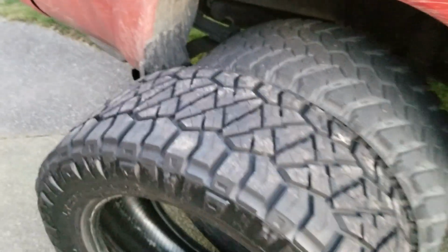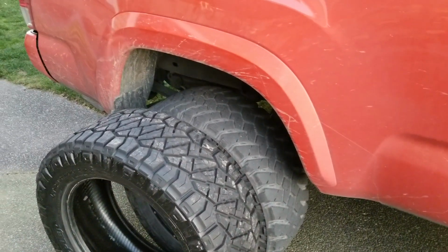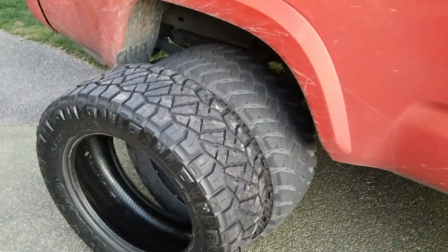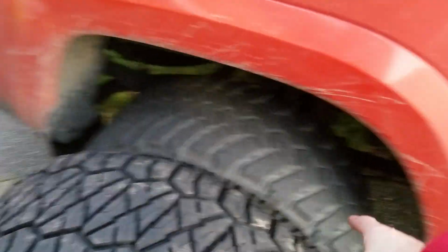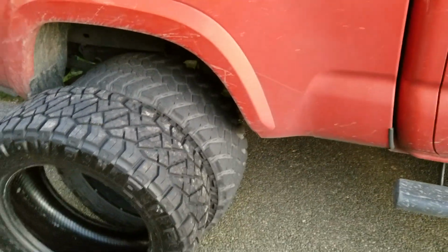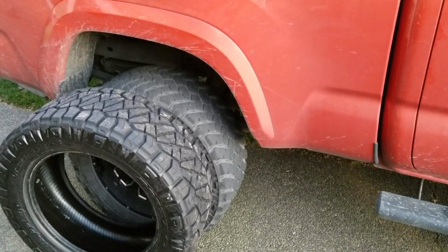But I happened to get a flat in that one, or a nail, and I doubt they'll repair it just because it is so low. Luckily, I had already purchased some of the Nitto Ridge Grapplers, same size, 295/55R20s. Again, I got 122,000 miles on those ones. They've been great. I've rotated them every 8 to 10,000 miles or so, sometimes a little bit more. My one complaint with them,